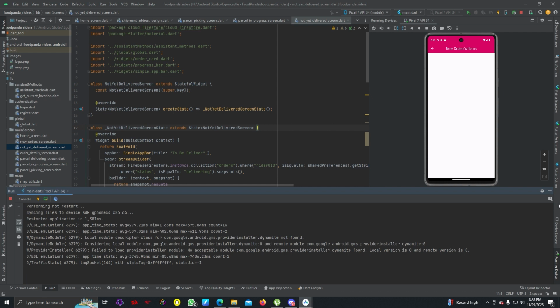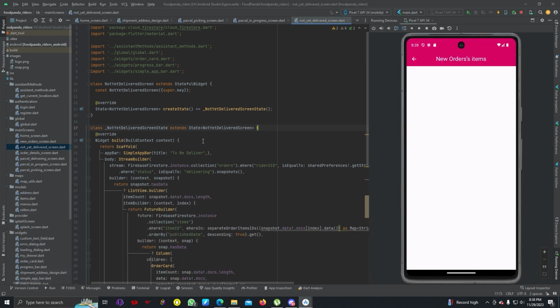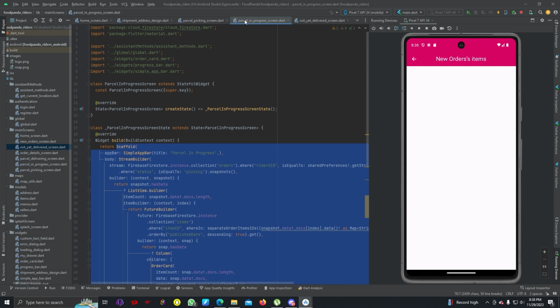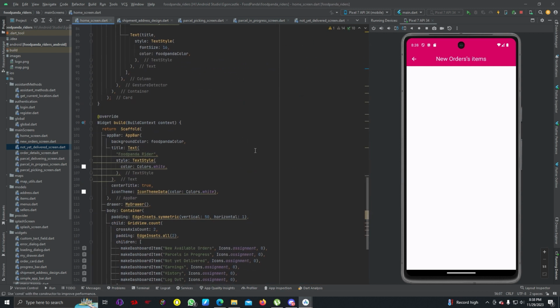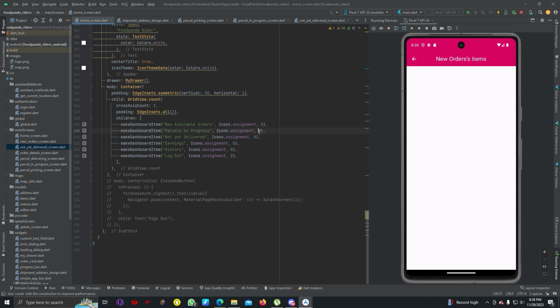So we don't see our stateful widget, and why is that? Let me check. So everything is 0, so in our home screen we did a mistake, so instead of all 0 we need to fix that,